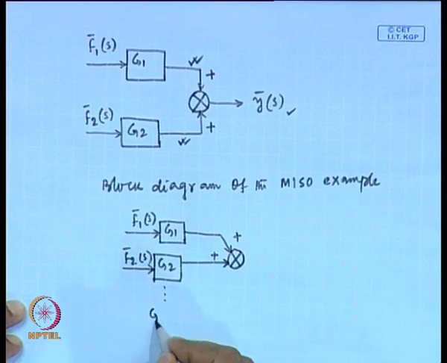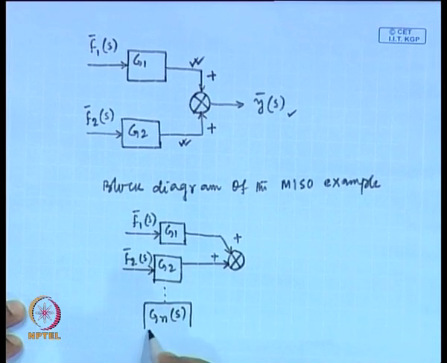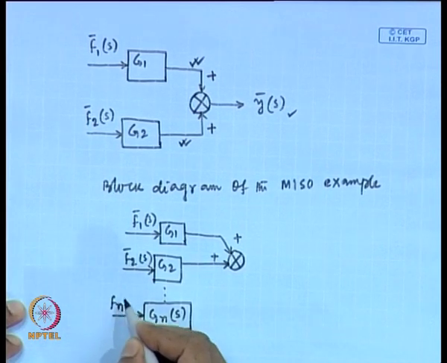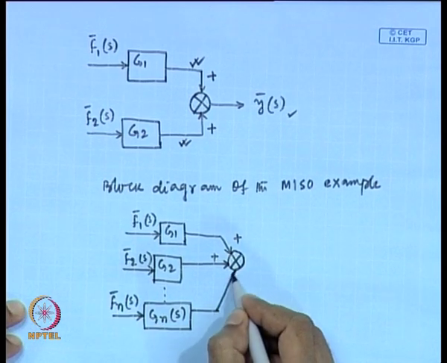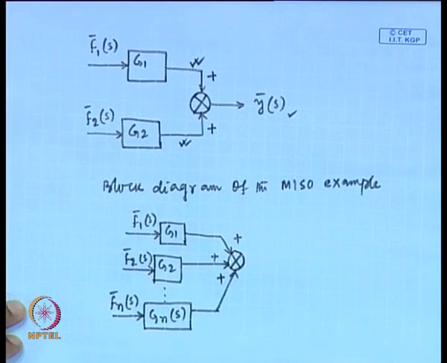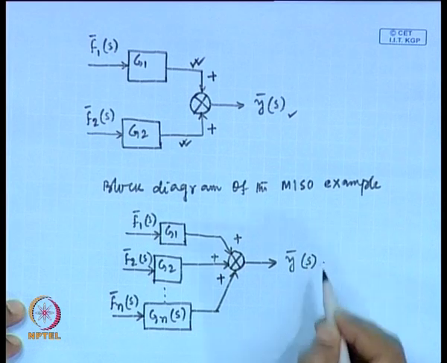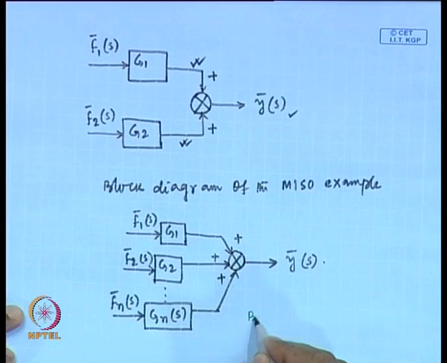Like this way, last term will be, suppose last transfer function is G n s, input to this is f n s. By adding all these outputs, we get y s, fine. So, this is for several inputs and single output. This is the block diagram